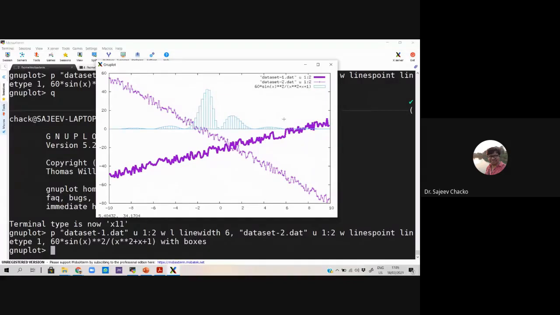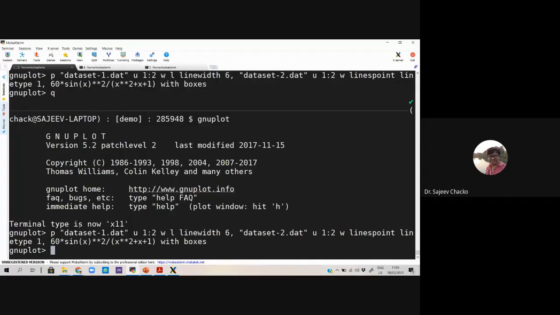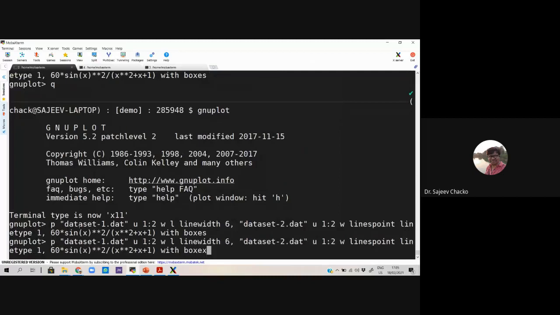They may have the same information or same function, but for different systems. So I would like to put that also into my graph. That is called title.